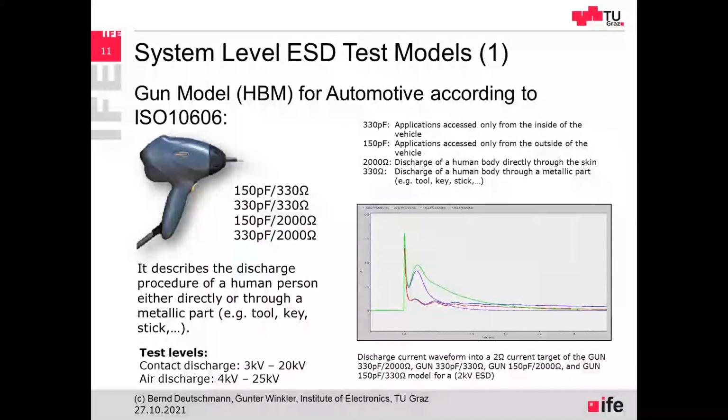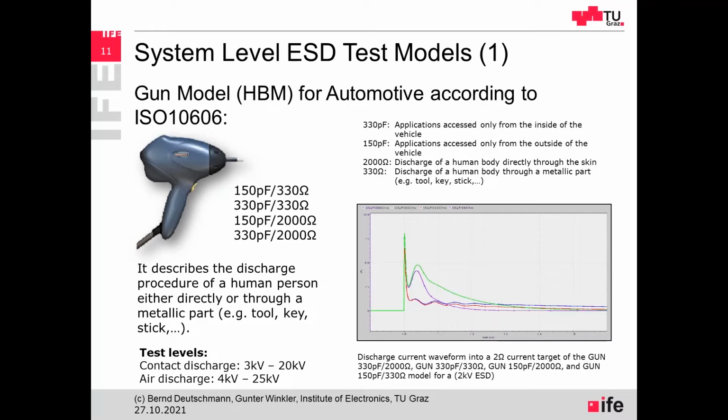Okay, so all the models that I've talked about so far are so-called IC level models. So they are used to test integrated circuits, and in this case, they are really used to test very often only the unpowered IC. So the IC, which is not fully operative, where there is no power supply, it's just a kind of packaging and handling test, defining will the IC survive the touching of a human person, will it survive when it's shipped in a shipping tube, will it survive when a mechanical system is taking the IC and placing it somewhere on the printed circuit board.